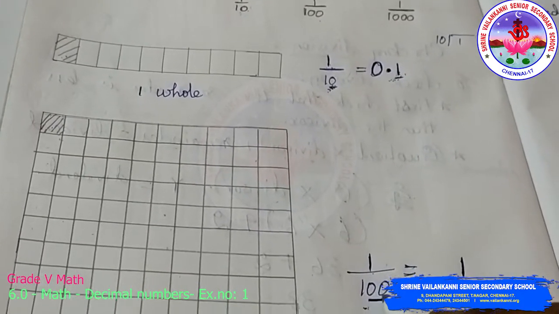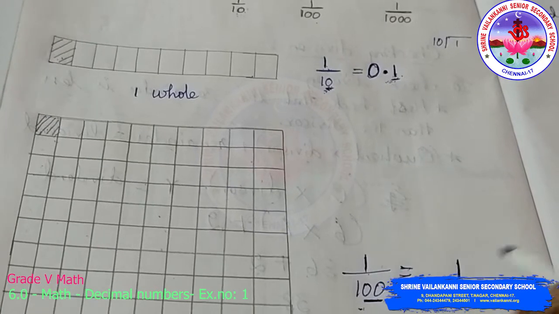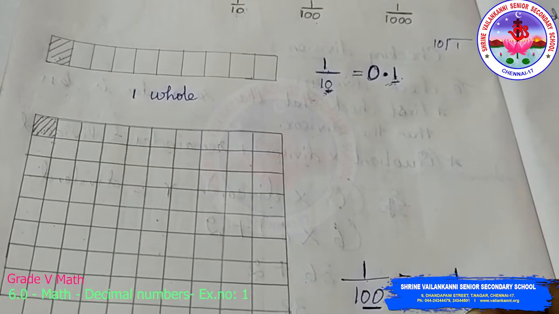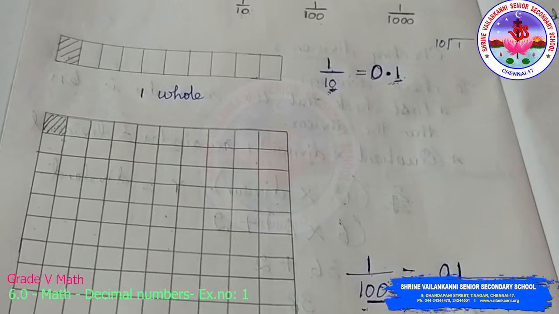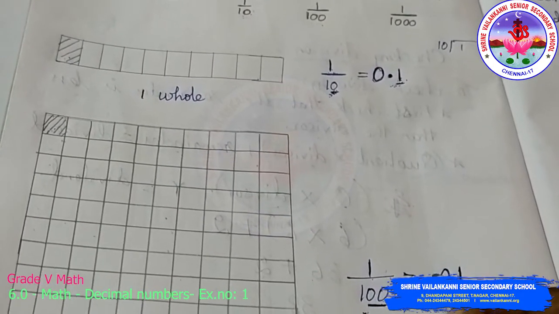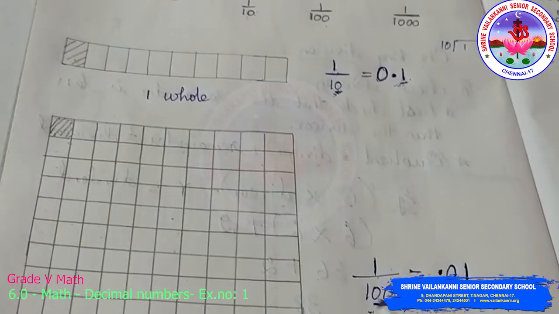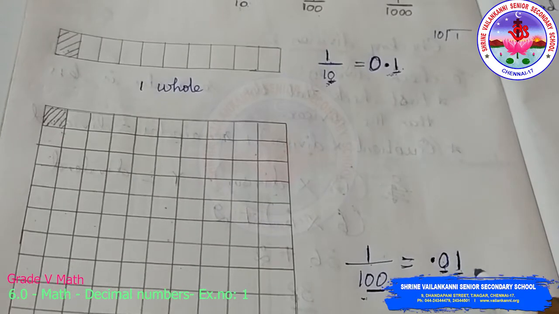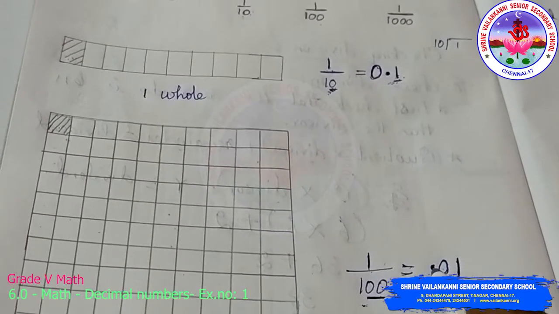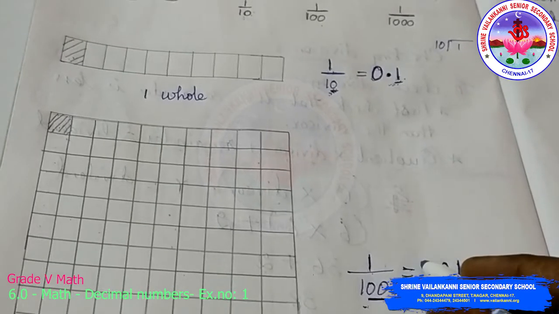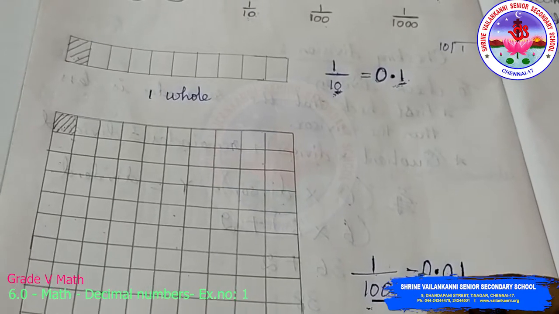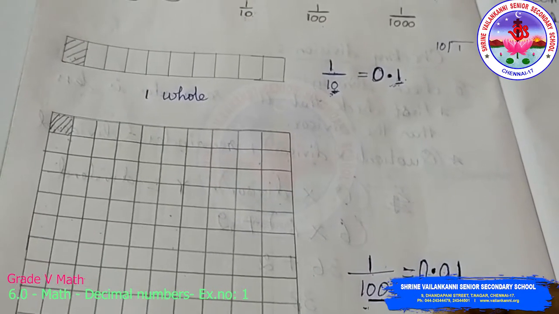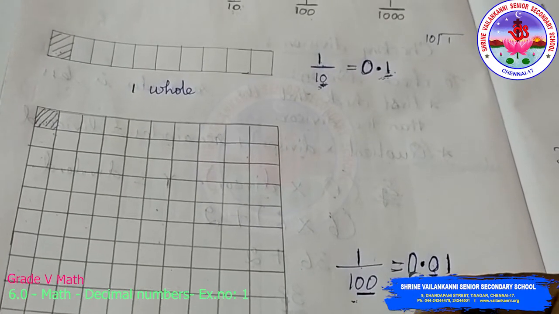So now with these 2 zeros, 2 places, I am going to move from the right side to the left side. This is 1. Next, second. Here I don't have any number, so I am giving 0. Now 2 places I have moved. After 2 places I have to keep a decimal. So for 2 zeros, 2 places from right to left I have to move, then keep the decimal. Here there is no number, which is your whole number. Before the decimal, you will consider any number as a whole number. So if there is no whole number, I am keeping a 0.